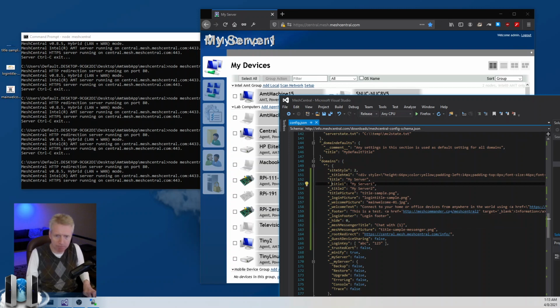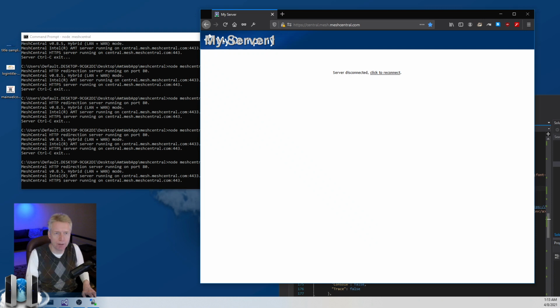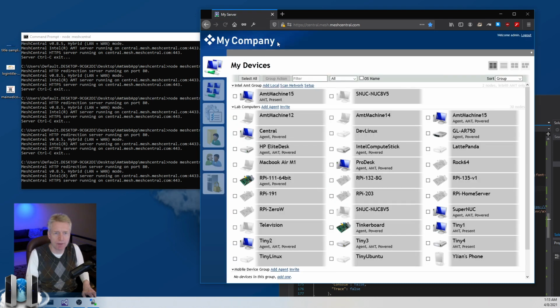But usually you just set the title to your server, and so then that will show up on the top bar here and everywhere. And then you set the picture to whatever brand you have. And then when you reset that will get put on the upper left. And you can be kind of nice about this. It really makes a difference in how professional your server looks if you have a really nice logo on the